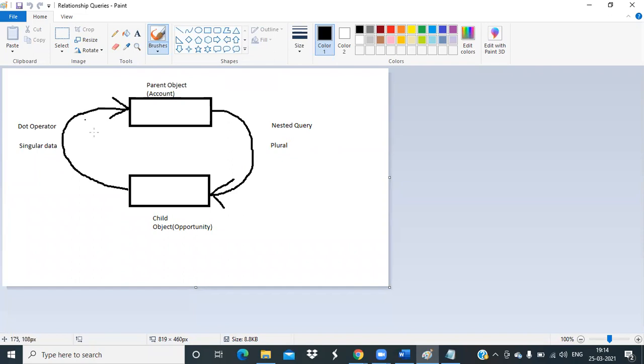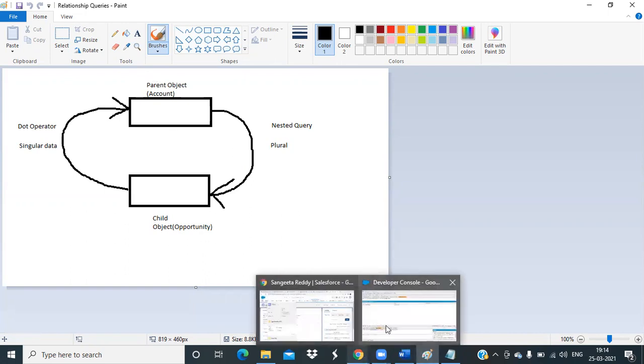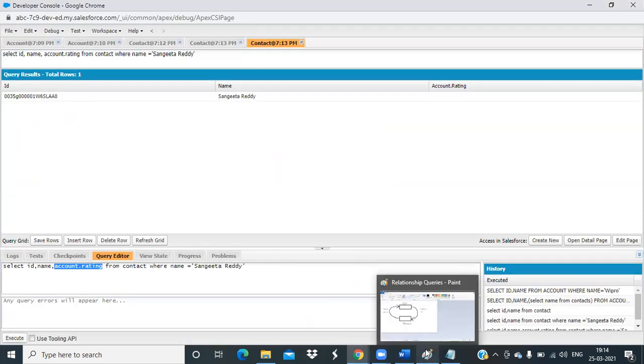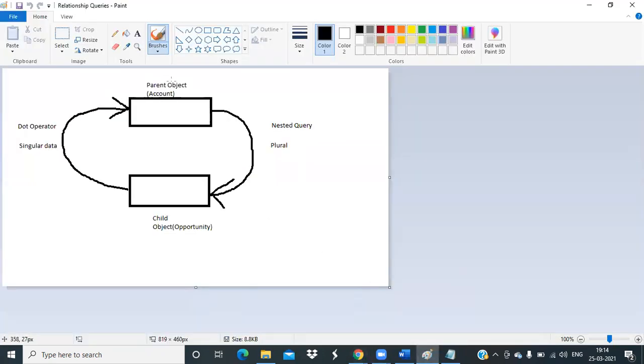So draw this diagram in your notes and remember this. You will not face any problem while doing relationship queries, because these are a little confusing. First you need to identify which one is the parent object and which one is the child object. How to identify the child object?